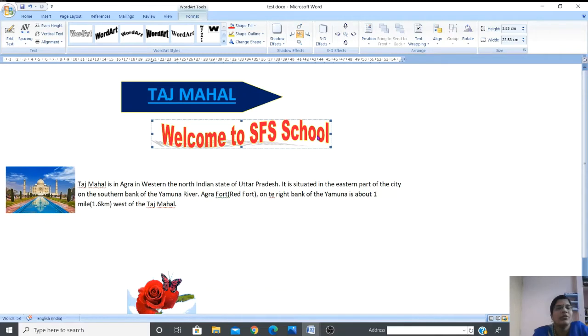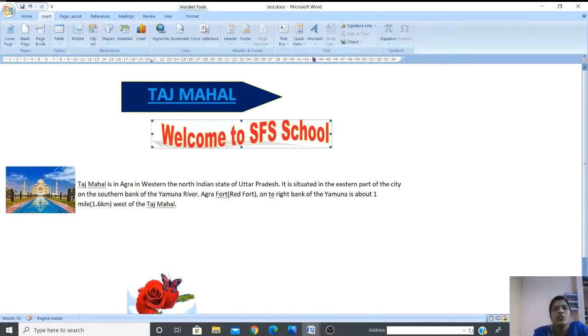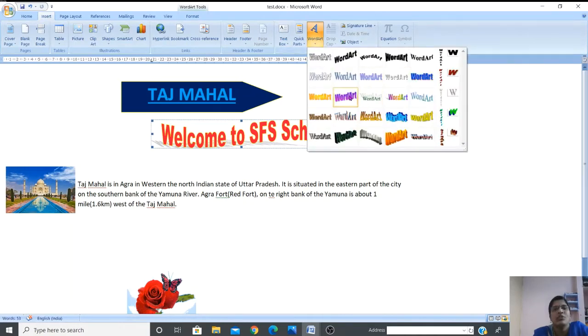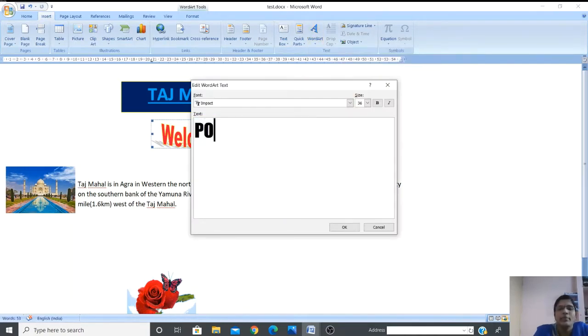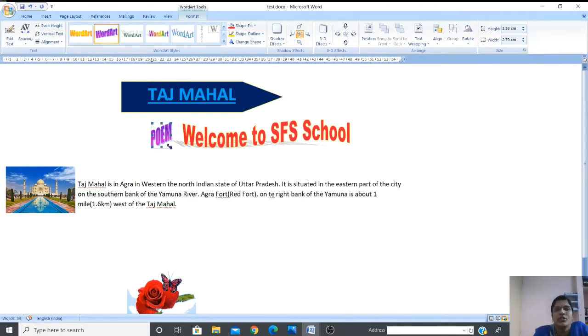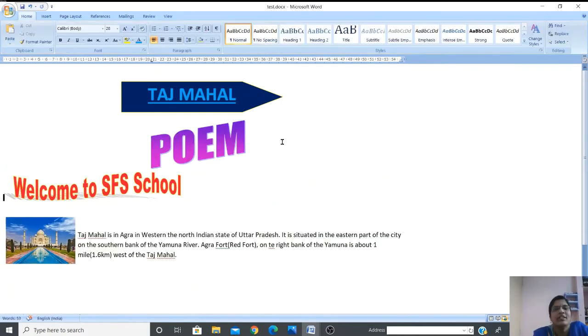So it is an interesting one. Whatever you are writing, if you are writing a poem, you can go to the Insert tab, go to the Text group and click on WordArt and choose any one, then type the poem title and give an attractive heading using this. It looks too small, right? How to make it bigger in size? Yes, good. We have to use the resizing handles. Got it? So this is a way we can add an attractive heading to your document. So you can type your name also. How to do it?